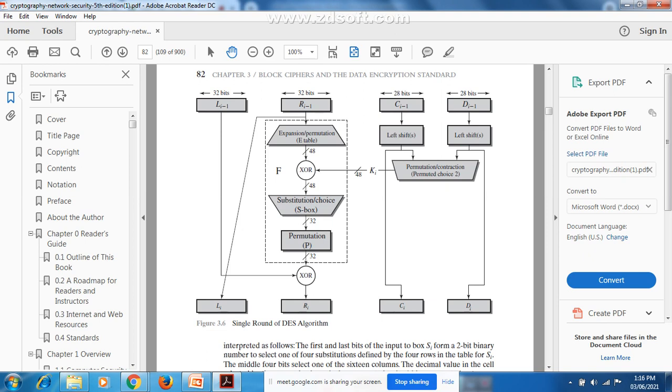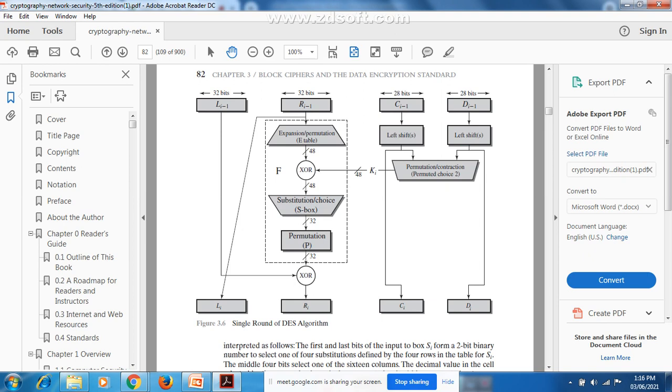Through the S box, the 48 bit data is reduced again to 32 bits. See, here it is expanded; now we are reducing the size from 48 to 32 bits. Again, how it does that, I will explain in today's class itself.